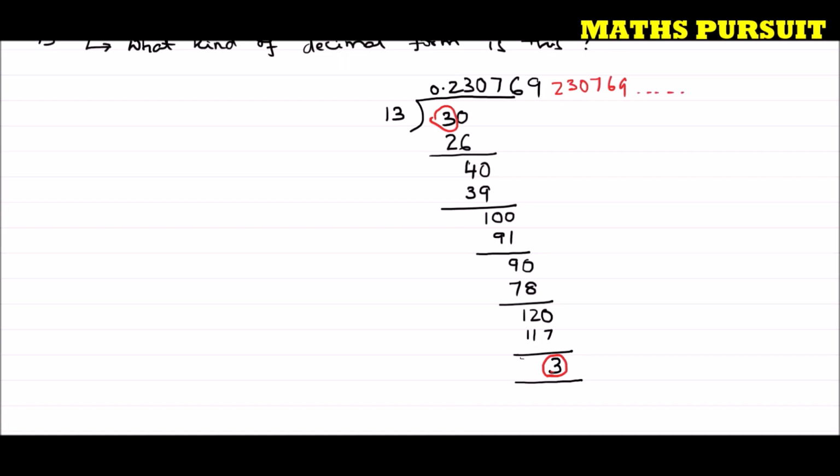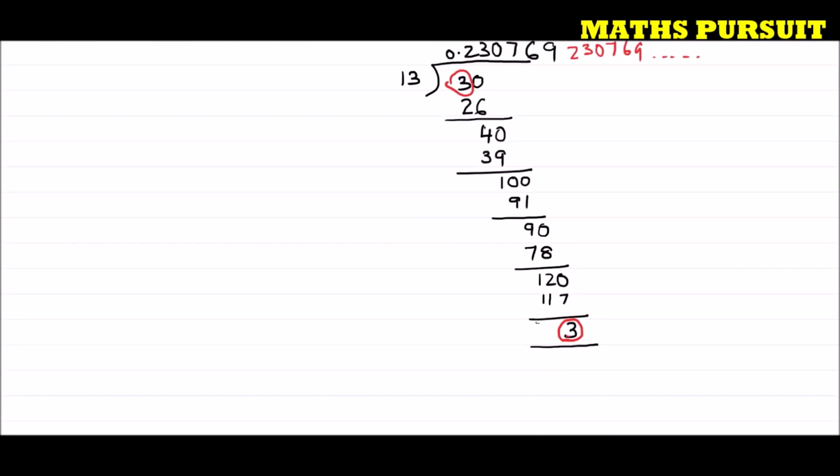So when we get a repeating remainder, from that point we can stop and we can say that it is repeating. Now the question gave us 3 upon 13. So we can write 3 upon 13 is equal to 0.230769, and again 230769, so it will continue. Or I can write that is equal to 0.230769, and I can put a bar on 230769 because it is going to repeat.